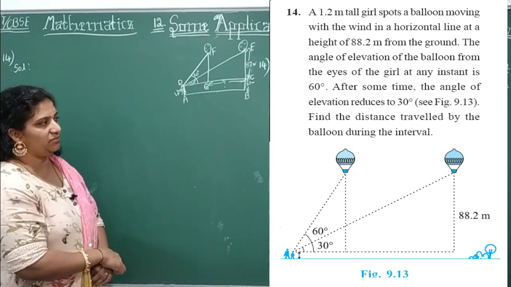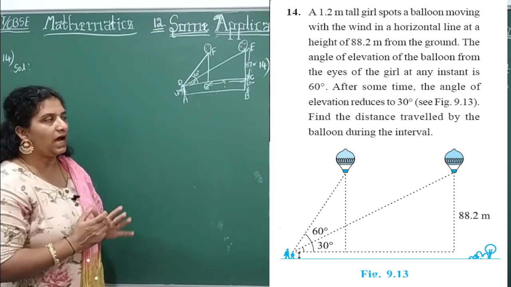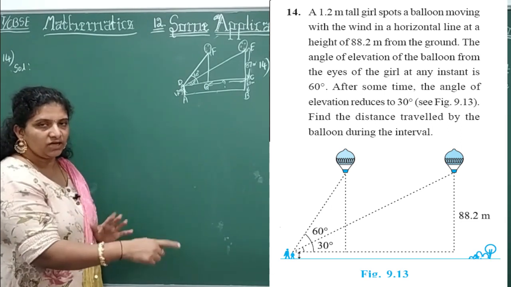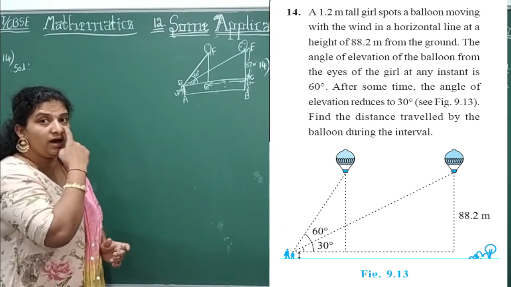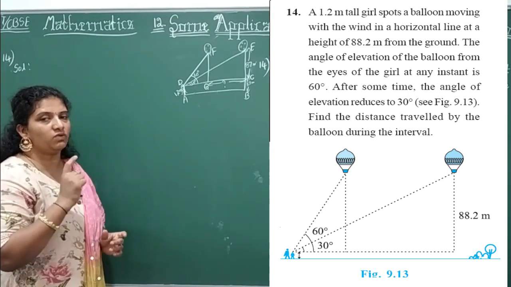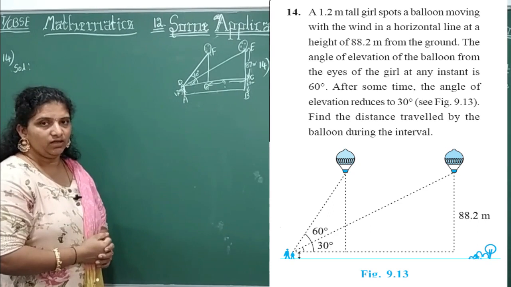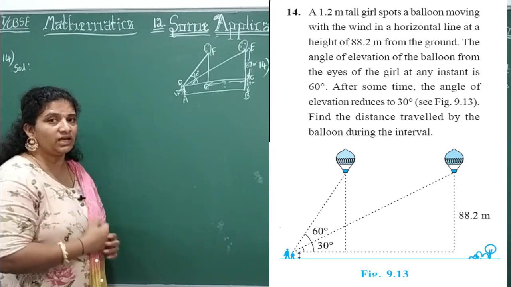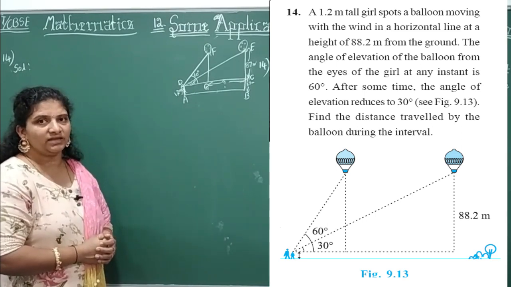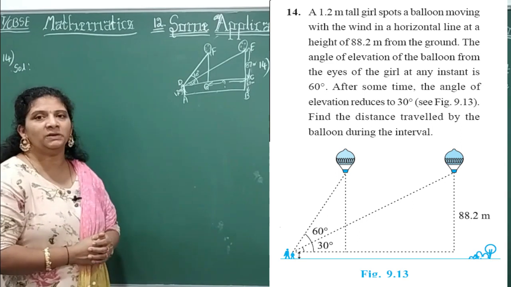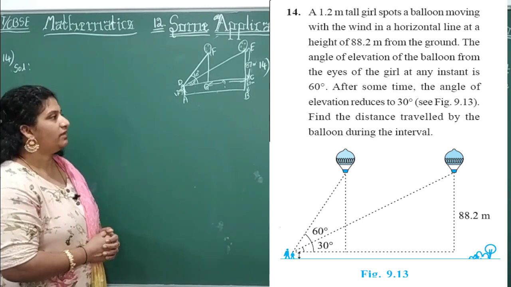After some time, look here, first angle. What is angle of elevation? So when the girl observes the balloon, which is 88.2 meters above the ground, it is at an angle of 60 degrees from her eye. Okay, from her eye means what you have to do? Her height you have to remove from the height from the ground level. So what is the height of the balloon from the ground level? It is 88.2. So reduce the girl's height. 88.2 minus 1.2. What will it be, children, here? 87 meters. So the angle of elevation is 60 degrees.